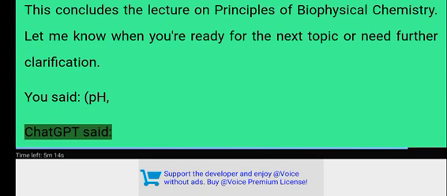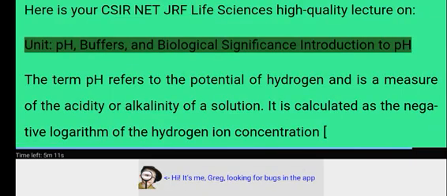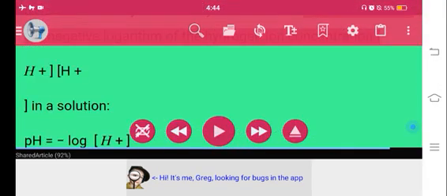pH. Here is your CSIR NET JRF Life Sciences high-quality lecture on the unit pH, buffers, and biological significance. Introduction to pH. The term pH refers to the potential of hydrogen and is a measure of the acidity or alkalinity of a solution. It is calculated